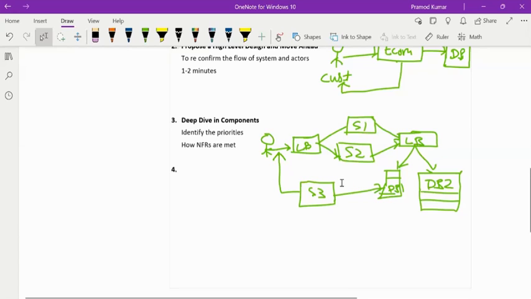All right, so yeah, the third part is the deep dive into the components. And the fourth part would be to conclude this design basically. Okay, so that is the wrap up,